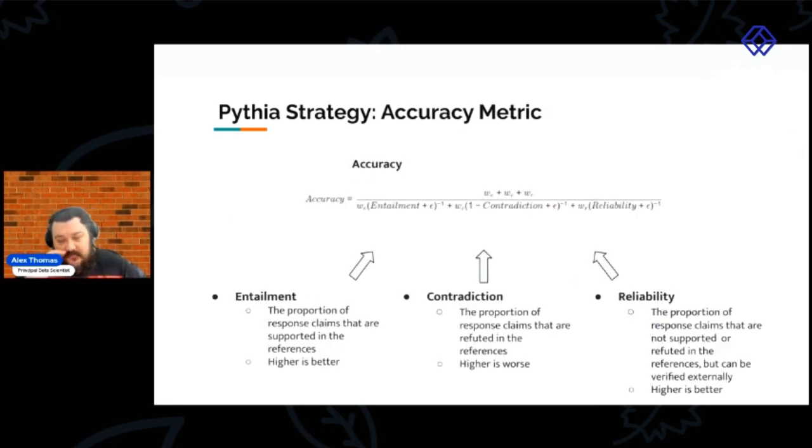So our metric right now focuses on entailment and contradiction, and optionally, this notion of reliability. What we do is essentially a harmonic mean of the entailment and the non-contradiction, that is, 1 minus the rate of contradiction. And reliability, if it's included, is basically where we take those neutrals and try to verify them. There are different ways you can modify this metric, but this is what we use when we are producing an evaluation of a generated response.